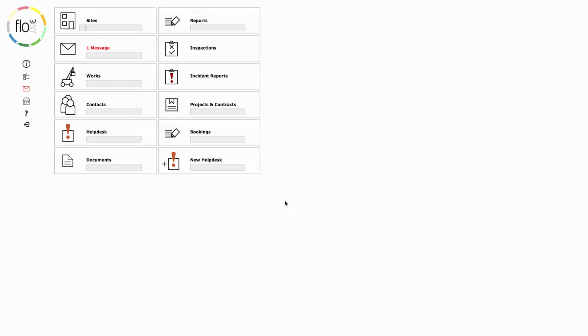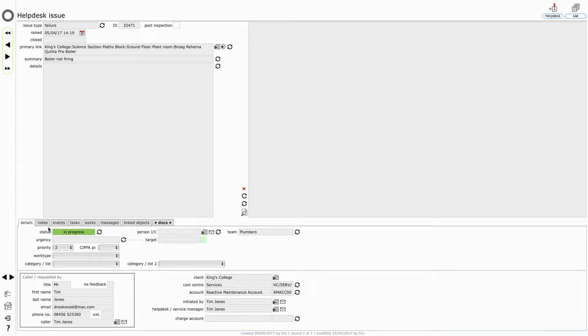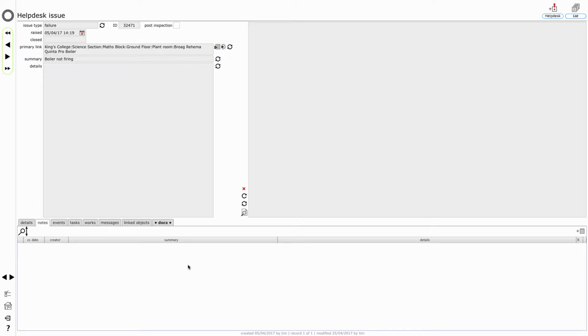Back at the start screen, I just want to show you that it is also possible to add some events manually. And one type of event that you can add manually is a note event. So let's go back to our boiler not firing issue, and let's say we want to add manually a note to this particular issue. If we look again at the tabs here, we can see that next to the Events tab there is a tab that says Notes. And notes are really just a particular type of event, and we can in fact add a note from the Events tab, but I'm going to show you in this instance how we can manually add a note event from